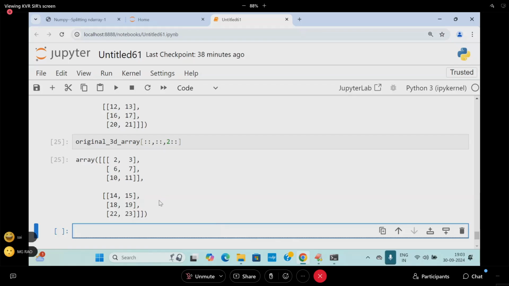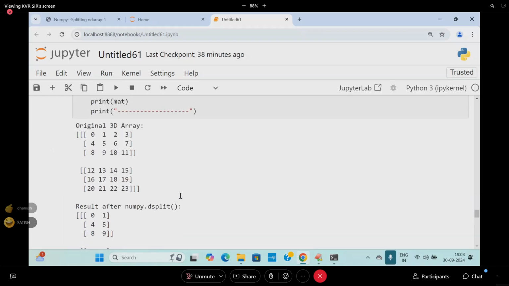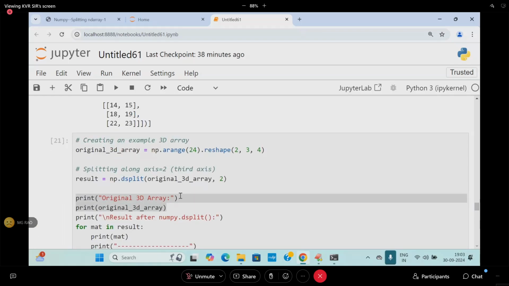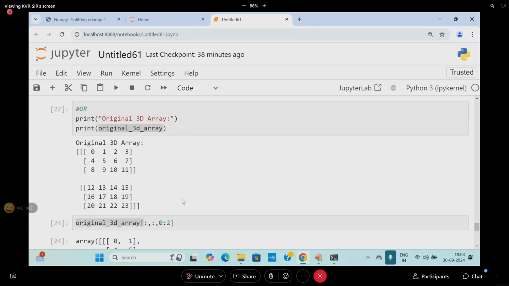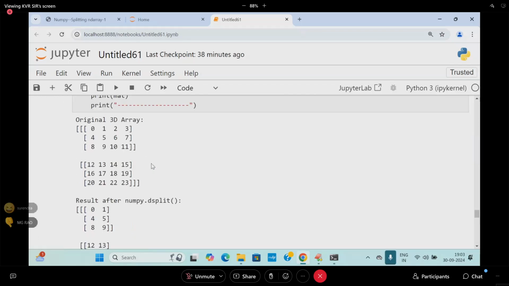You'll get lucky. Are you following me? Yes. This is a subject of how to go for it. Instead of D split, V split, H split, you can use it like this also. Most useful things like this. Are you able to follow? Yes. So coming back to the point,